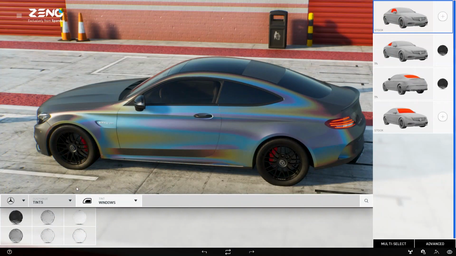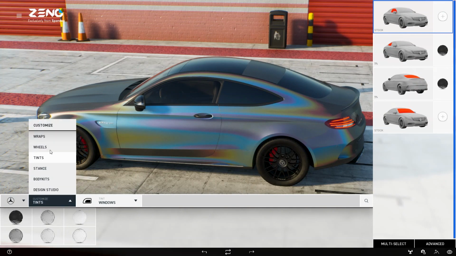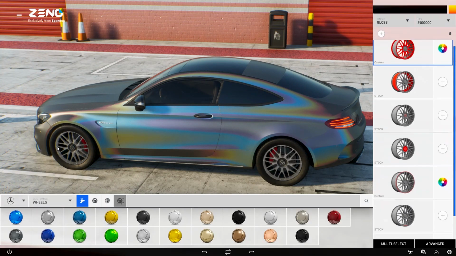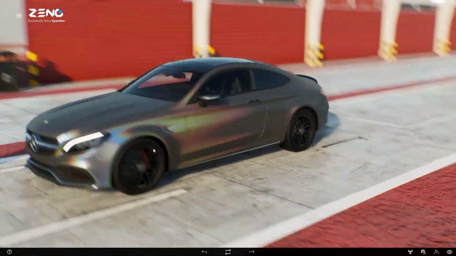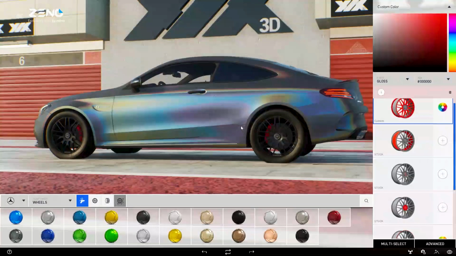To make your car even more customized, you can also go to wheels and you can change the color. Some of you are maybe working with a powder coating company or a paint shop. You can choose the rims and color them.